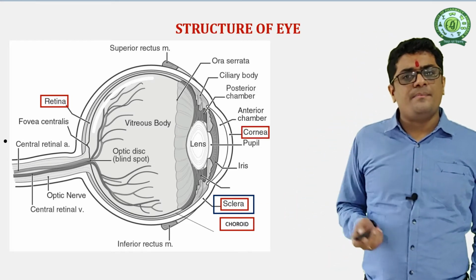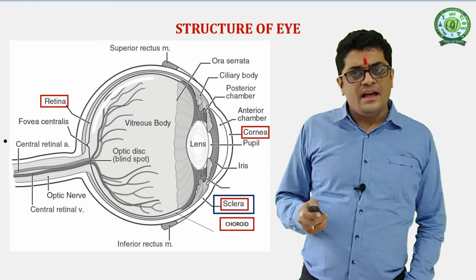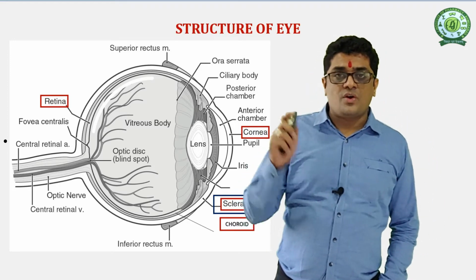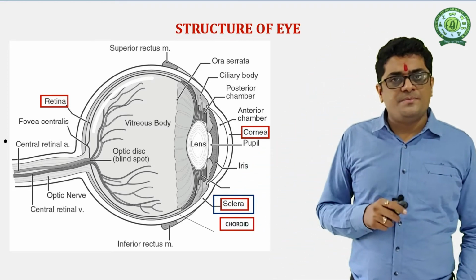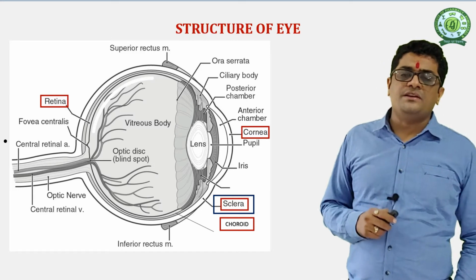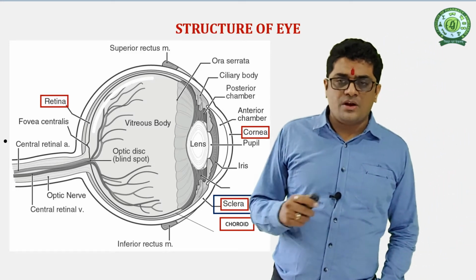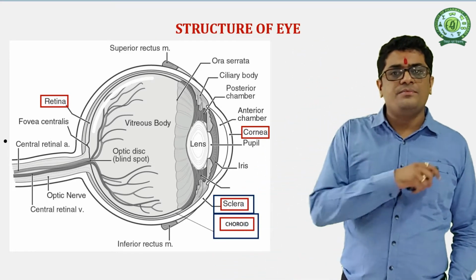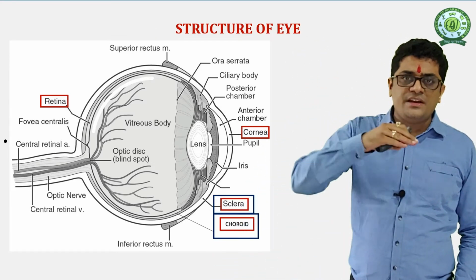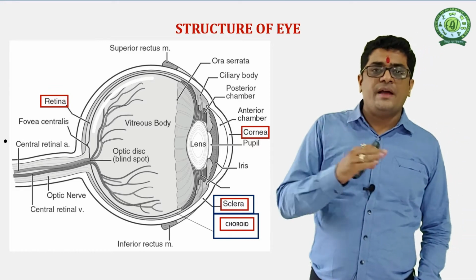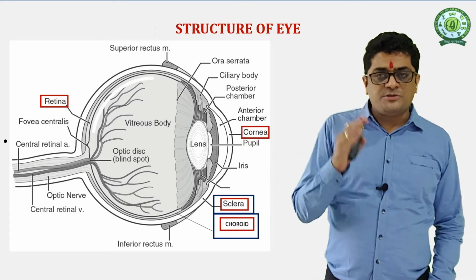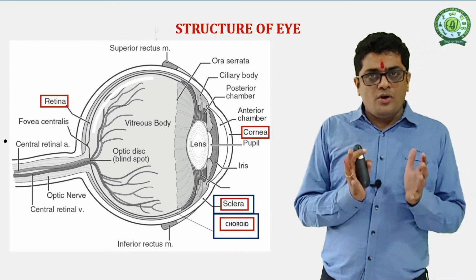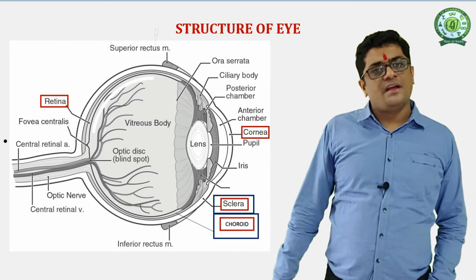The anterior part is known as the cornea, and this cornea is the transparent part of the eye. The cornea never possesses blood vessels, so the transplantation of the cornea is very easy because it does not possess a blood supply. The second part is the posterior part of the sclera. It is 5/6 of the sclera, which possesses white fibrous tissue, and it provides support as well as the shape of the eye.